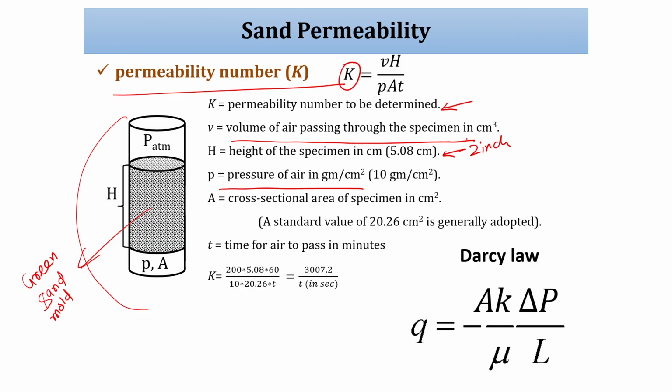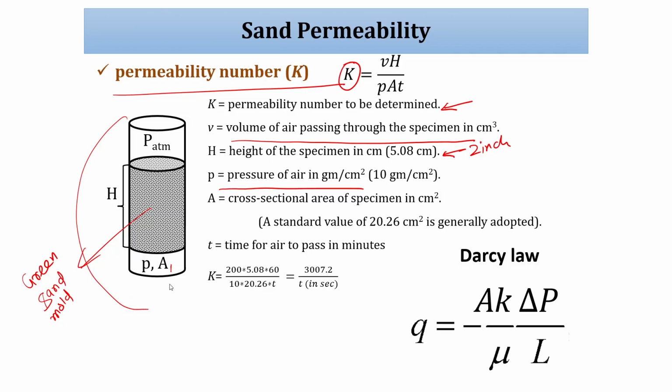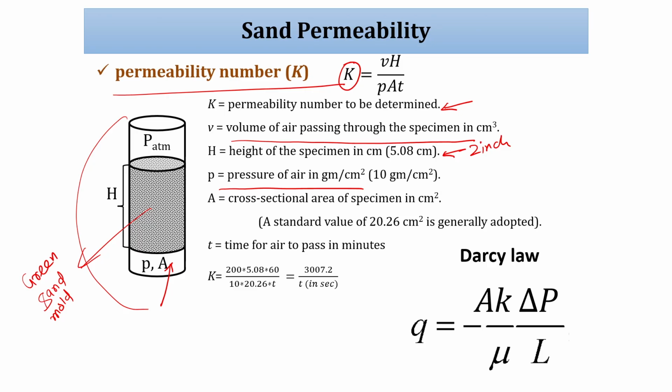What we do? We are preparing the sand with binder, moisture, clay and all, and we will prepare a cylindrical sample where we will pass a gas, air. It is just the ability to measure how much air is passing. If you are going to another material like fluid dynamics, there will be flow. How much flow is happening, area, its permeability comes from the Darcy law, where K, a small k,